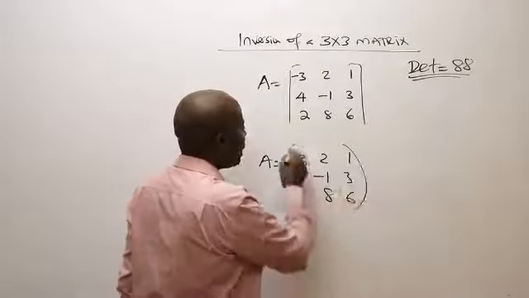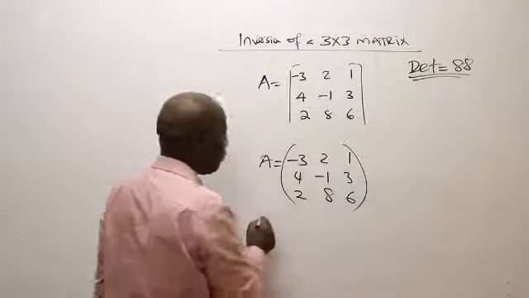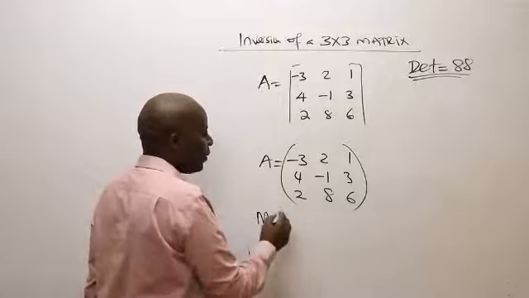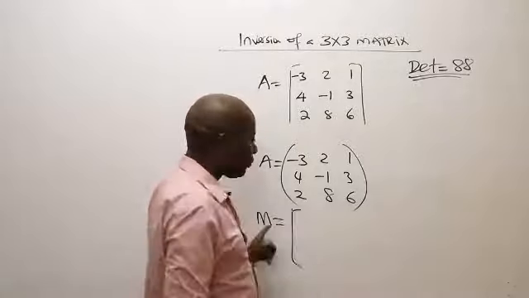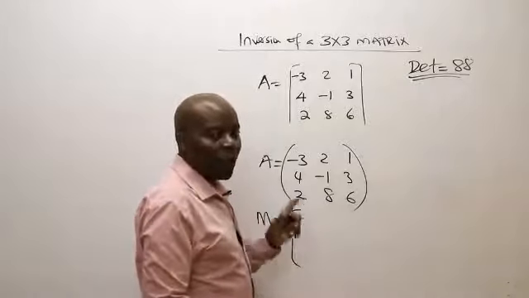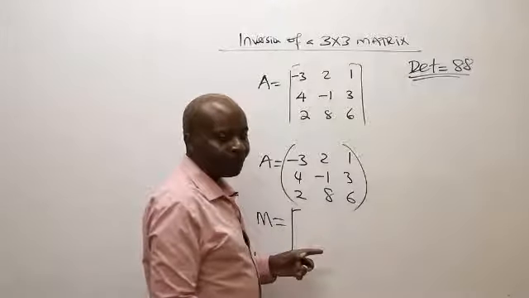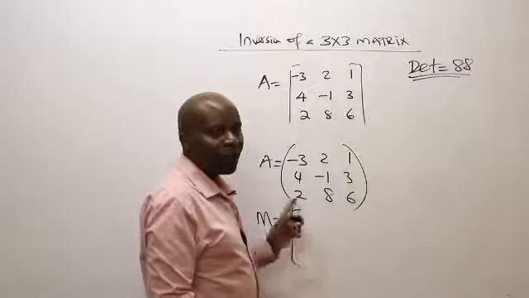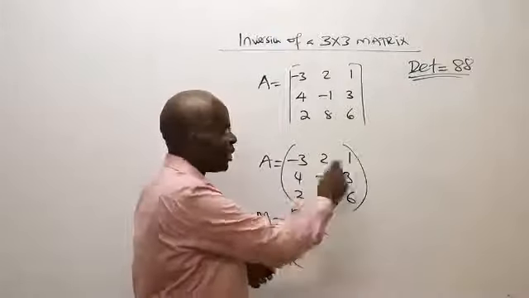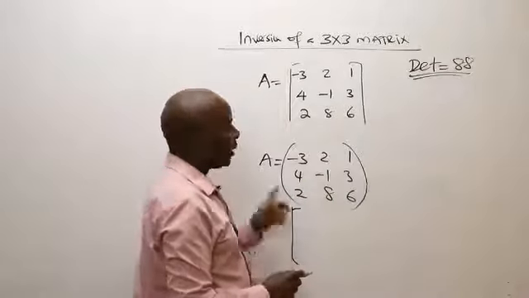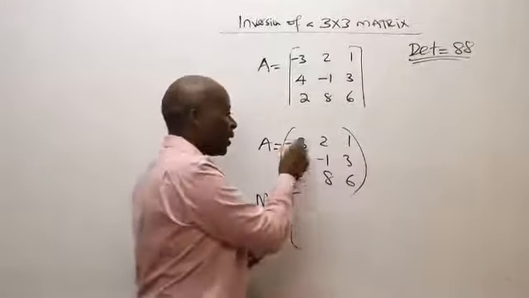Once I have this matrix and you want me to find its minor, everything becomes very easy. M stands for minor. So if they want me to give them the minor element of the first value, which is -3,